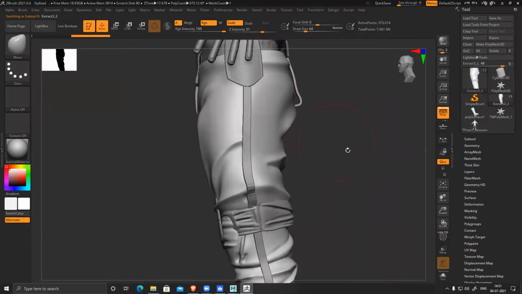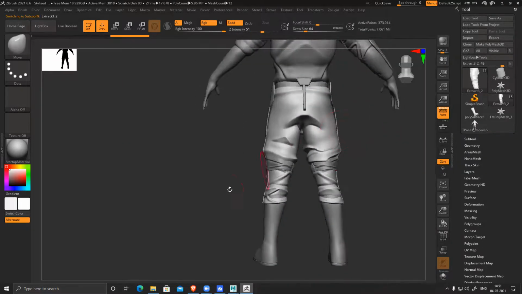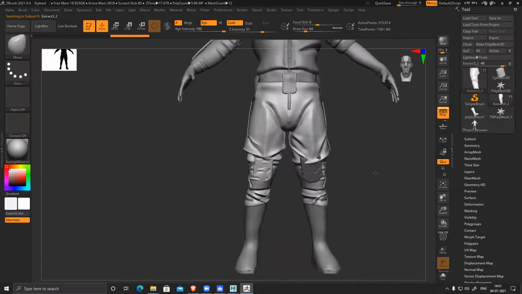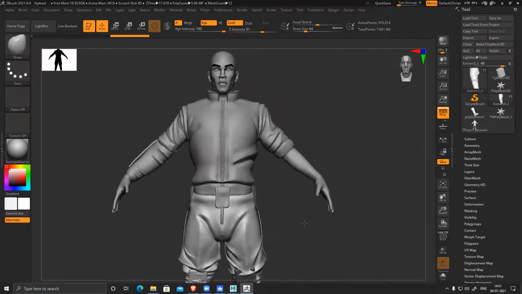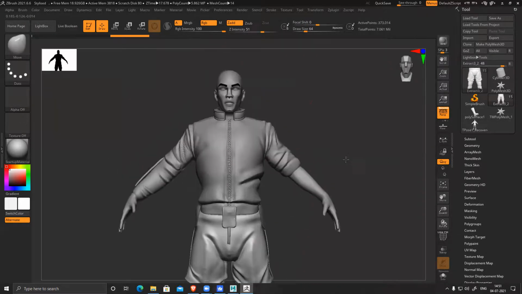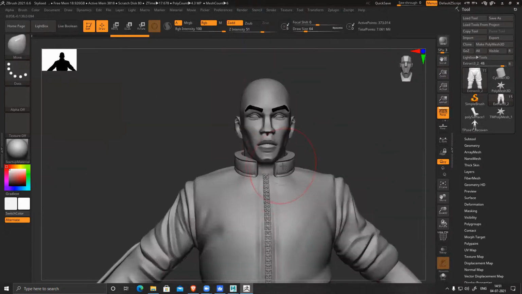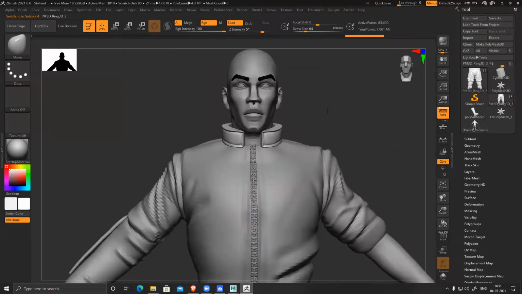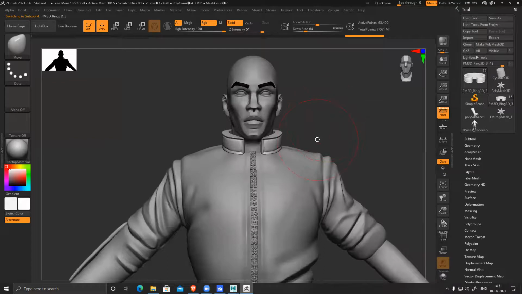Slide inside. One more thing, the distance between your neck and body.